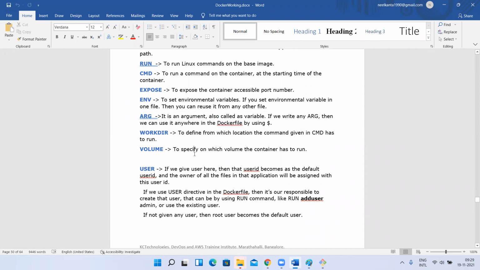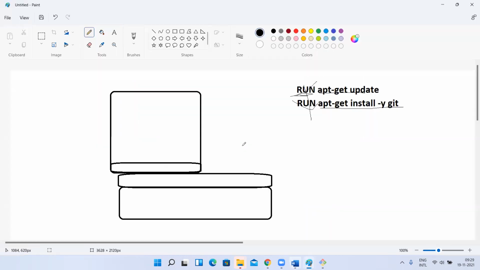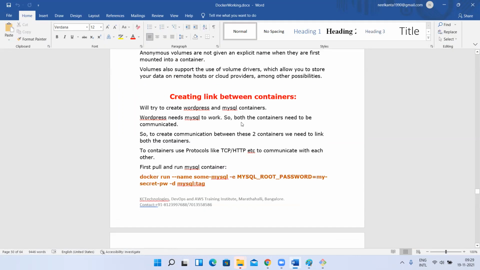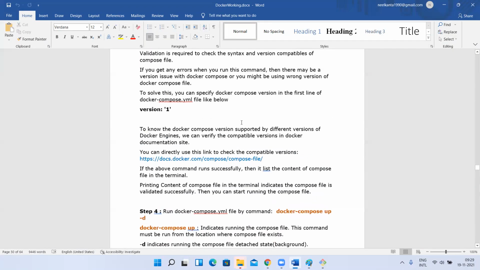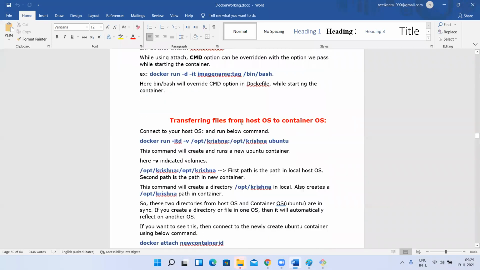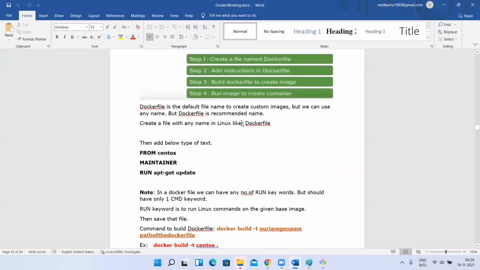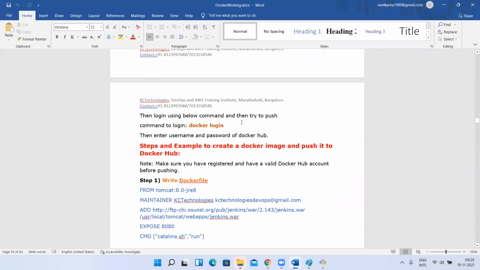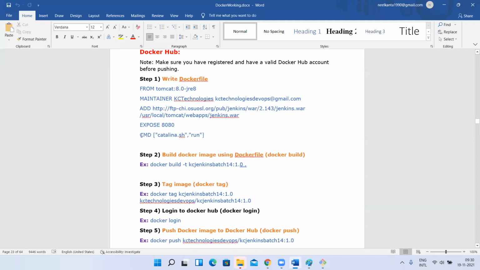See, CMD, we have given yesterday in one of our Dockerfiles. Let me show you that. Yesterday, in our custom image that we created in the last session, like this, I have CMD. What have I given for CMD? catalina.sh run, right? But from which location should this catalina.sh run? It has to execute from the /usr/local/tomcat/bin location, right? Yes or no? Yes, sir.